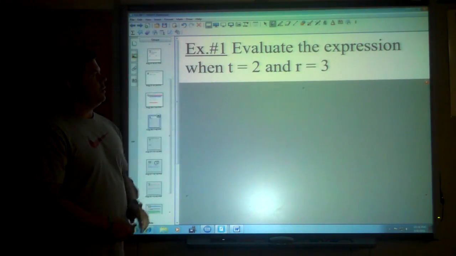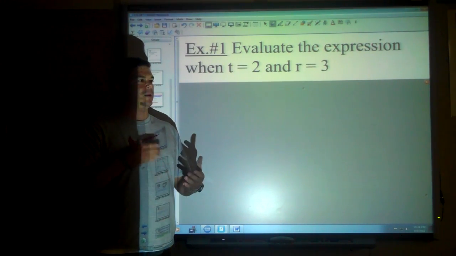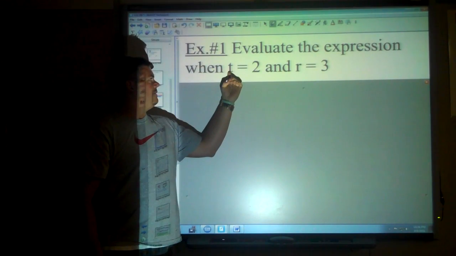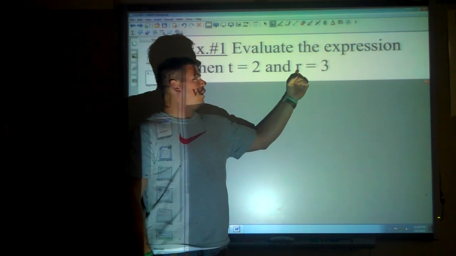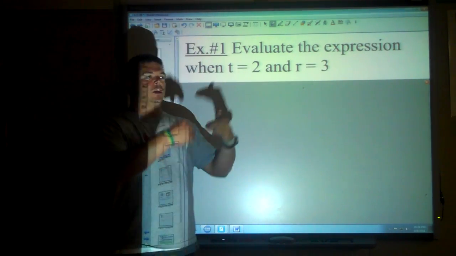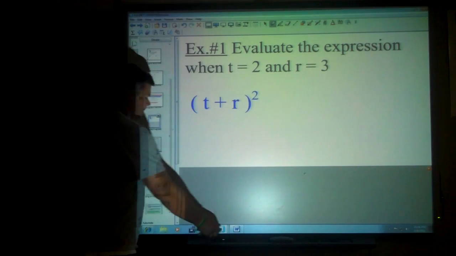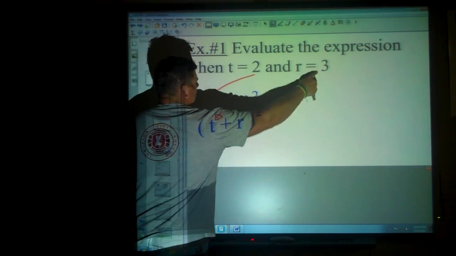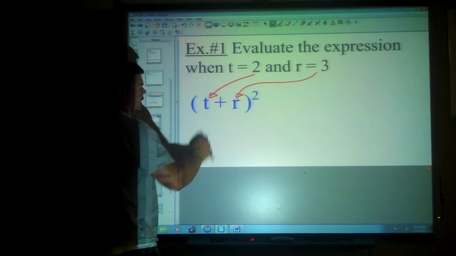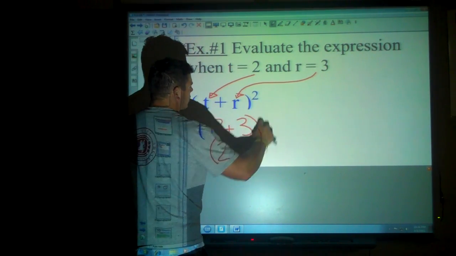Now, evaluating expressions when we're given variables, again we use the substitution property, and we will replace any variable, in this case t, that we see with a 2. Any variable r with a 3. And then we can go ahead and follow the order of operations. So here we have a relatively easy one. We will substitute the 2 in for t and the 3 in for r, leaving us with 2 plus 3